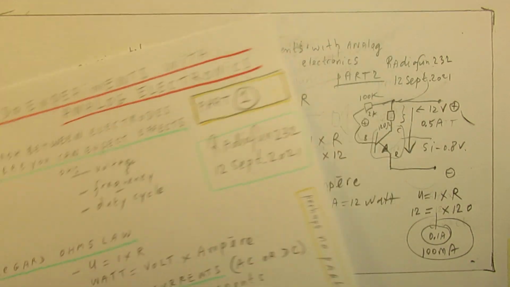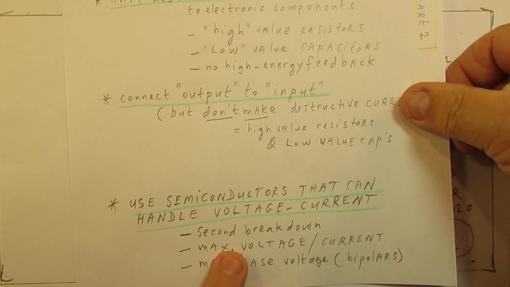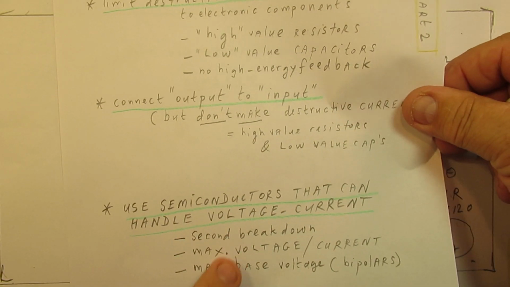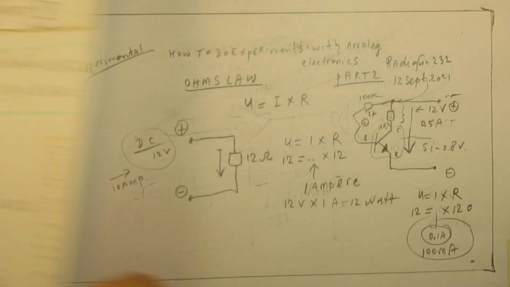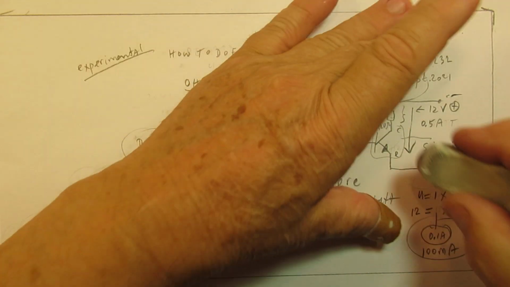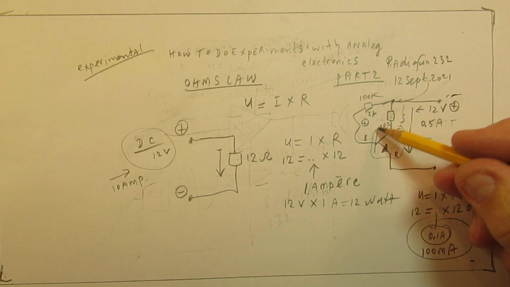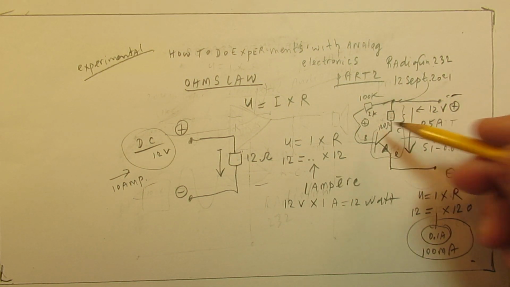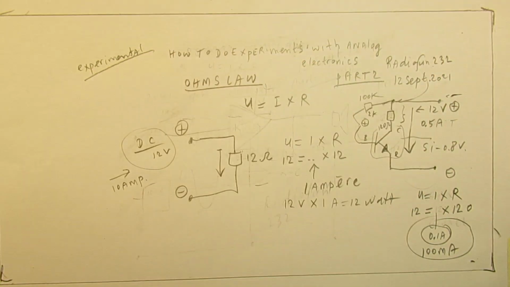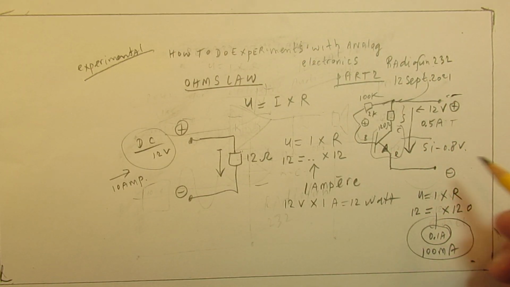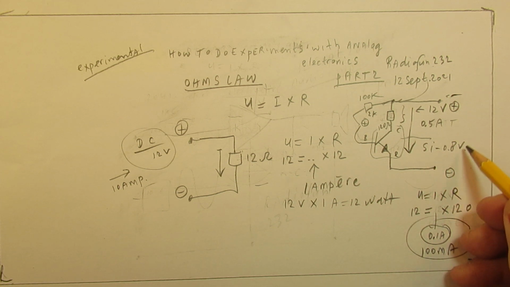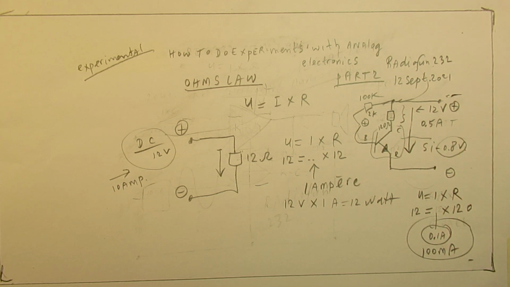Let's go to this issue. Use semiconductors that can handle voltage and current. Well, in fact, we have here a good example, because a part of the energy in this circuit will be dissipated inside the transistor. When the transistor has a voltage drop of 0.8 volts,